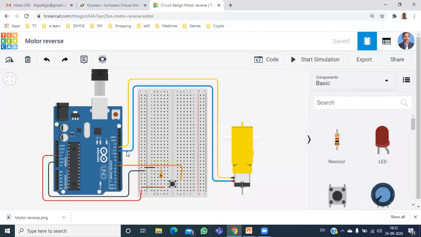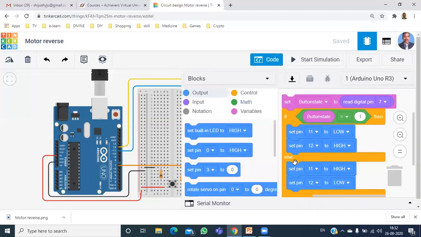See here, this pin number 11 should be made low. That is the opposite polarity of what we did for the normal working. And pin number 12 should be made high to make it rotate in the reverse direction. And the code which comes inside the else condition will give the normal operation, that is, pin number 11 should be high and pin number 12 should be low.